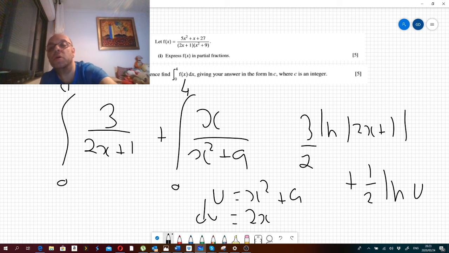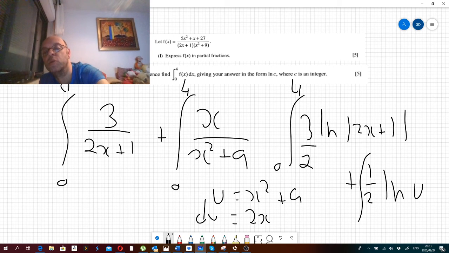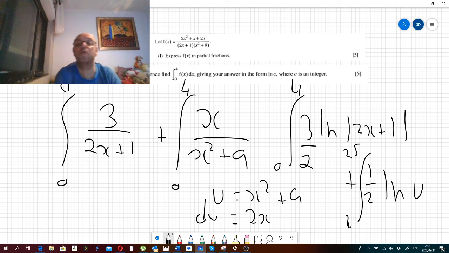Now, we want to integrate the first one from 0 to 4, but the question is, what do we integrate the second one from? You might just suddenly think, oh, 0 to 4 as well. But remember, we've changed the variable. And so the u, if we substitute the x in, we substitute 0 in, we get 9. And if we substitute 4 in, we get 25. So we've actually got to do from 9 to 25 for this one. Okay, and of course,